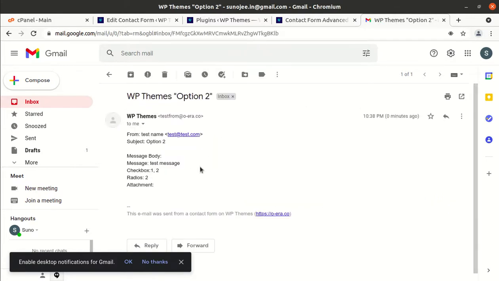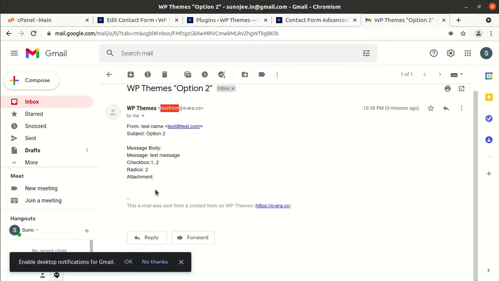So you can see we have received all the fields as we entered in the form, in the format we used in the form, and you can definitely change the format of this mail. This is coming in HTML format, and you can receive this mail accordingly, and it is working very fine. And we just used the from option, this test form, and you can keep anything like this, and it is human verified, so no spam will be coming from this form, it is for sure.